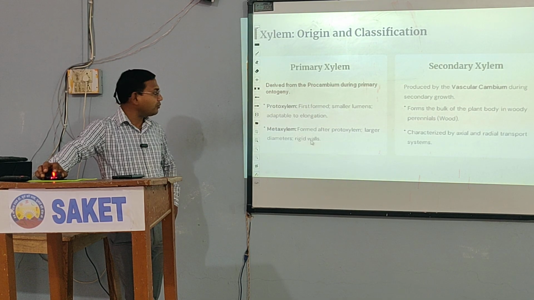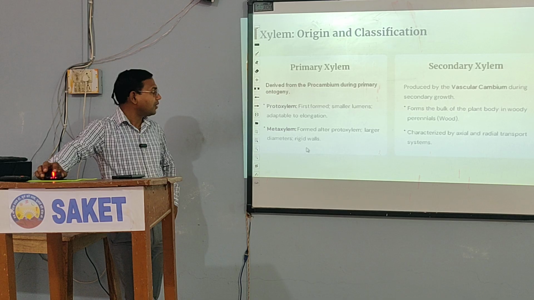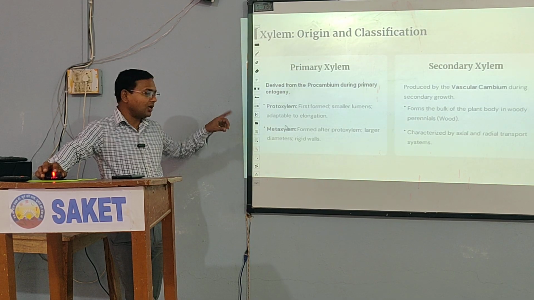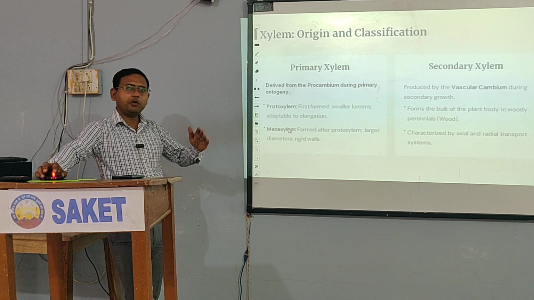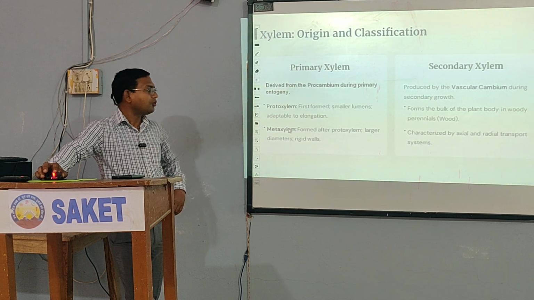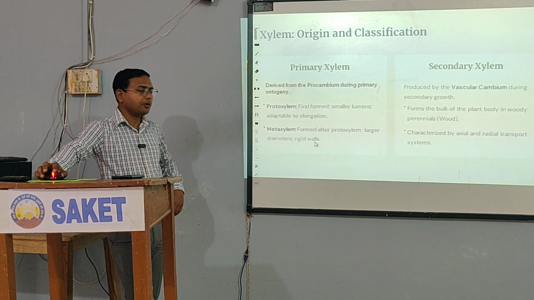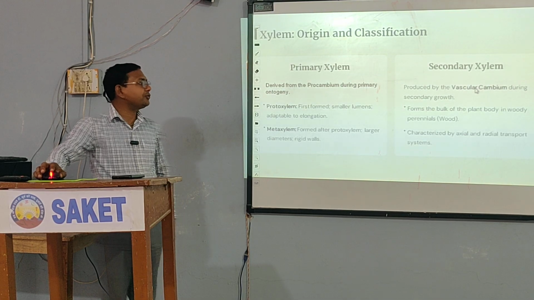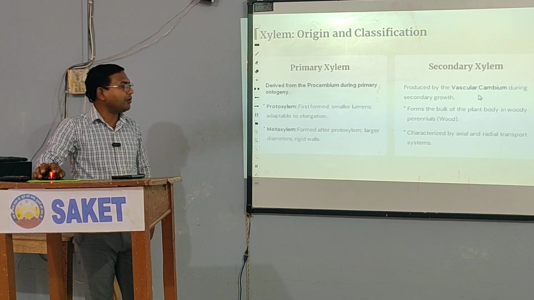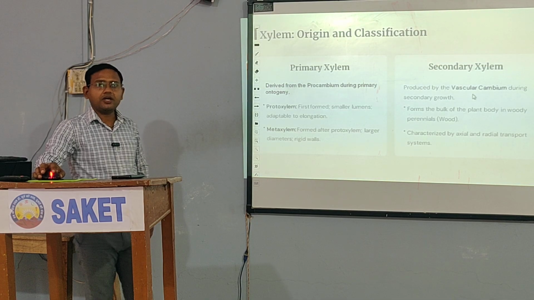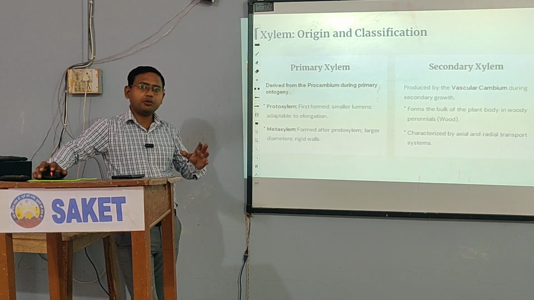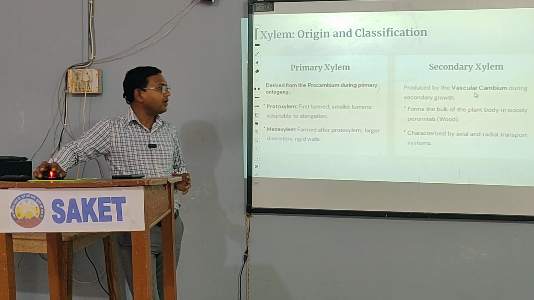And the wall of the xylem, in most of the metaxylem and protoxylem, is lignified. Lignin deposition is on the walls, so due to that the walls become rigid and thick. And the secondary xylem is produced by the vascular cambium, and the vascular cambium is involved in the secondary growth of the plant, and due to the activity of this cambium, the